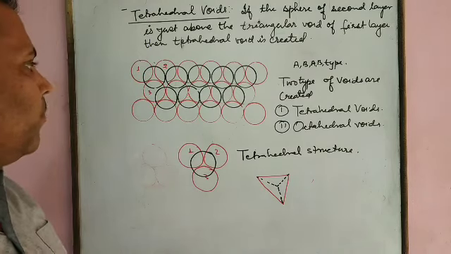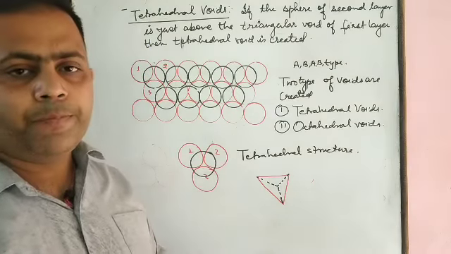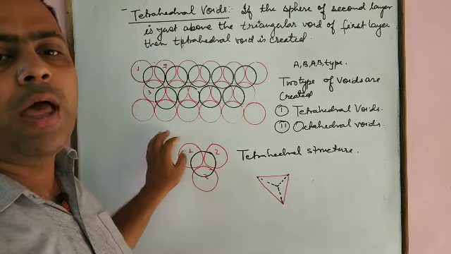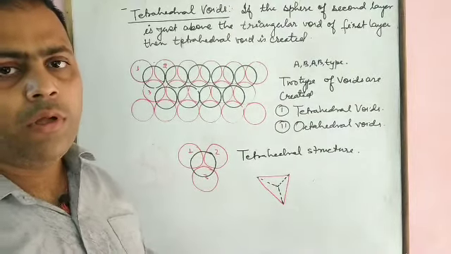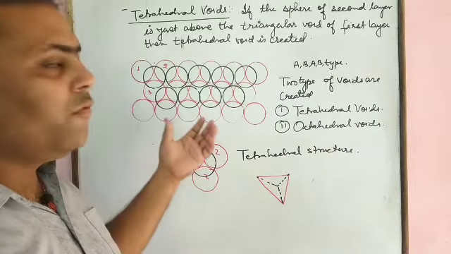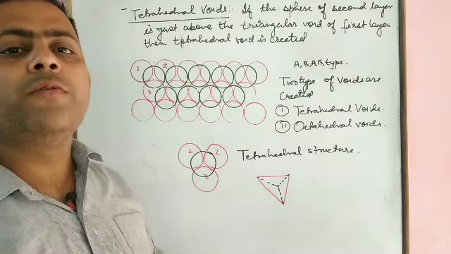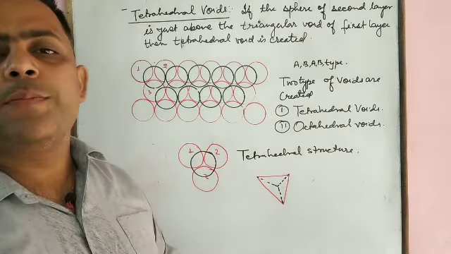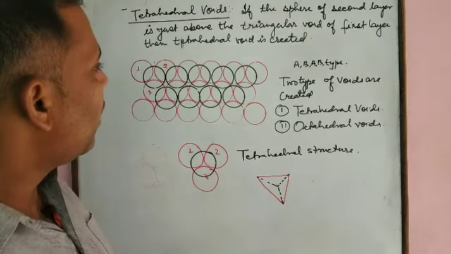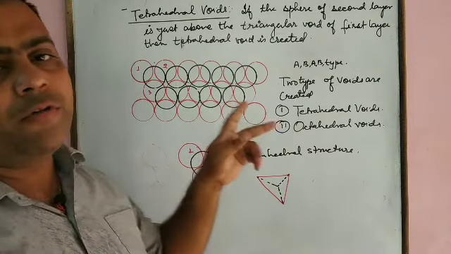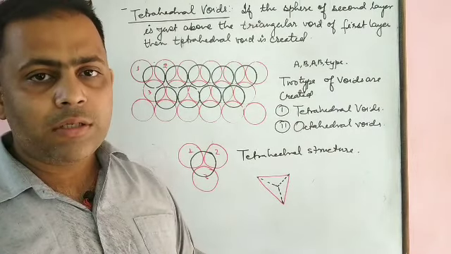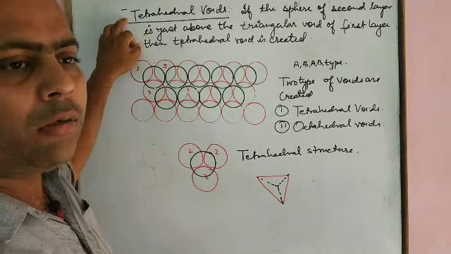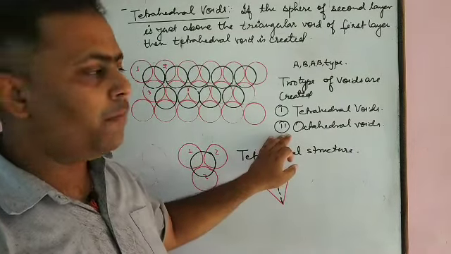Let us discuss it again. When we want to get a 3-dimensional closed pack structure from a 2-dimensional hexagonal closed pack structure, in that case, when we are going to place the atom of the second layer or the sphere of the second layer over the depression of the first layer, then 2 types of voids are created. By placing so, 2 types of voids are created. The first one is known as tetrahedral and the next is known as octahedral.